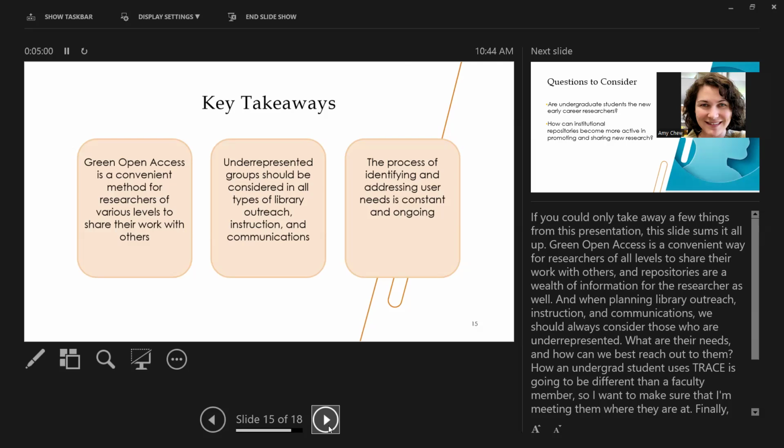We were just talking a little earlier, some of us in the room, about libraries jumping on the bandwagon of things, like, ooh, AI, and all these different topics that come up. But our users' needs also change, because some users are really technologically savvy and advanced and want the newest, most helpful thing. Some people are not. Some people want to do things the way they've always done them, and something like Trace is just too overwhelming for them. So we really need to be assessing what these needs are and figuring out how we can help them and meet our common goals together, especially considering the university mission to put our work out there for people in Tennessee and beyond.